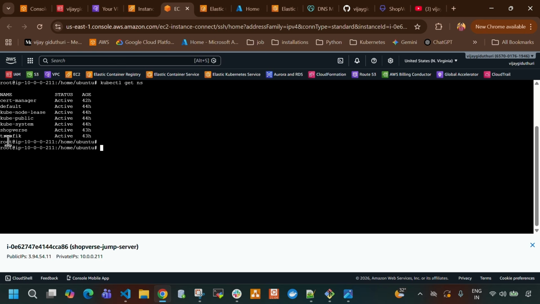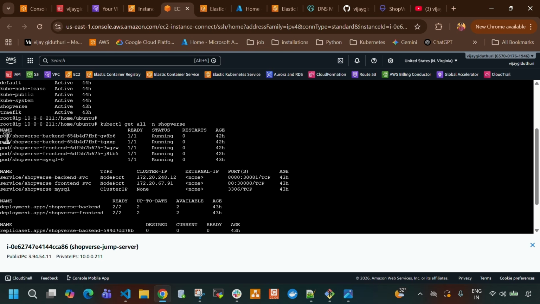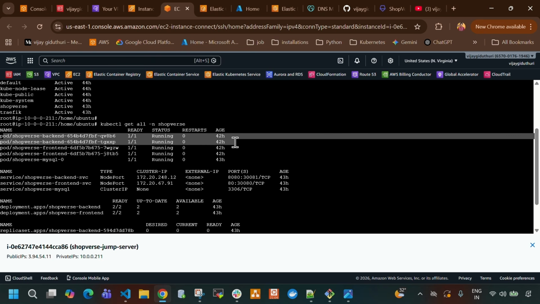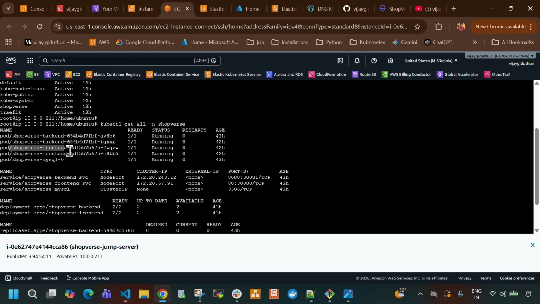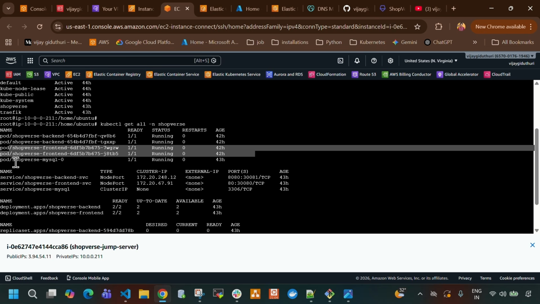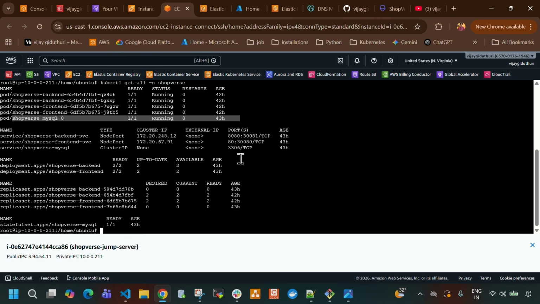So inside this Shopverse namespace, it is running all the actual application pods. Let me do kubectl get all -n Shopverse. Okay, so it is going to display all the pods. So here you can see these two are the pods related to backend and these two pods related to frontend, and this is the MySQL stateful set pod, and this is the backend service,